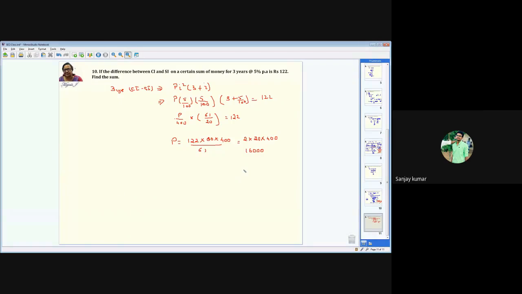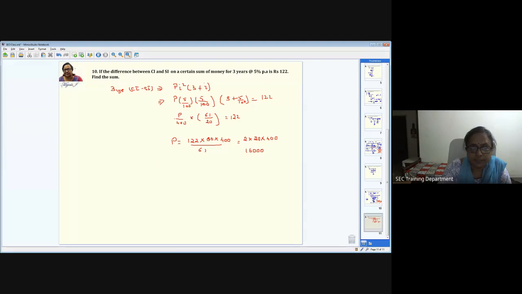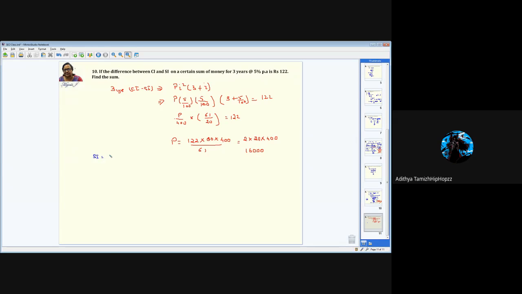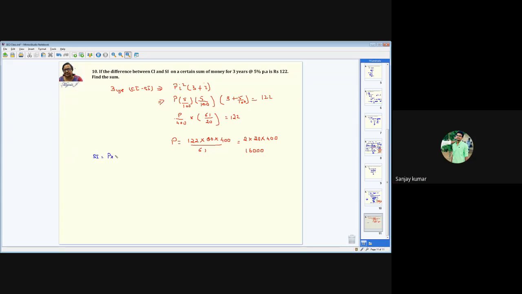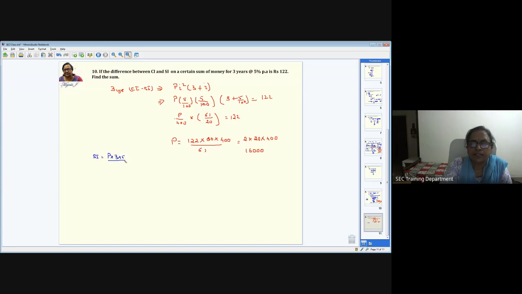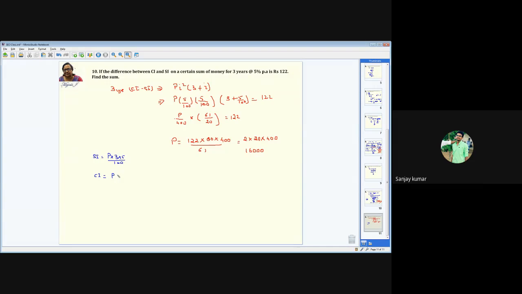Okay. And I want you to do it directly. Will you do it or you want me to do that? Direct method, just now we did the same way we had to do it. Direct method is like this: simple interest is easy to calculate. Simple interest is nothing but PNR by 100, but you have to keep it in the form of PNR. The P will be there. N is again 3 years. R is 5%.